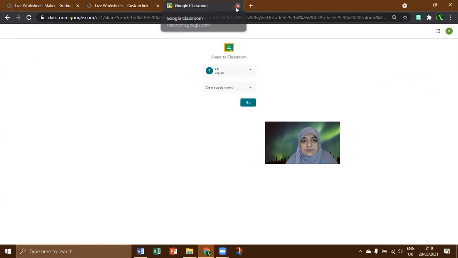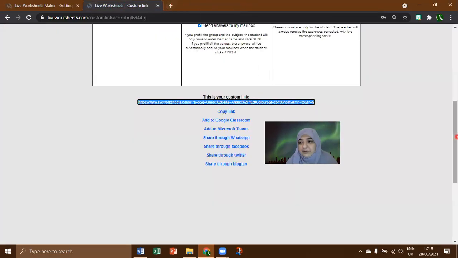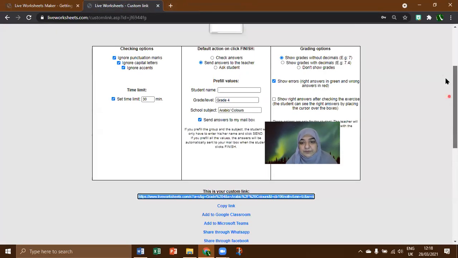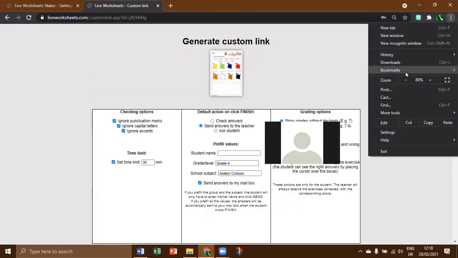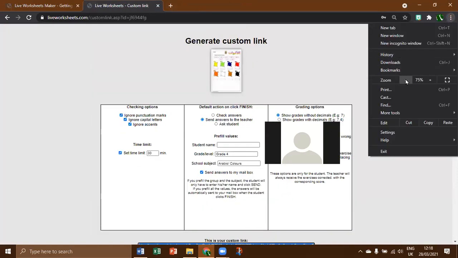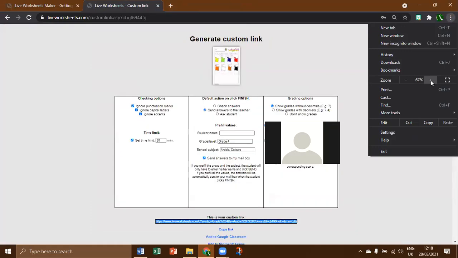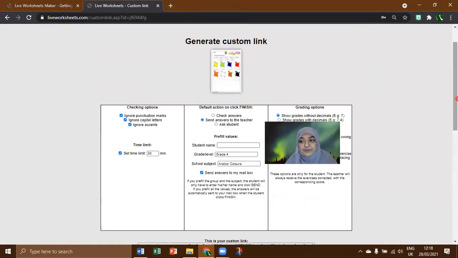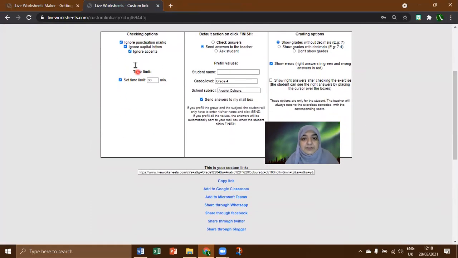Okay, I'm going to. If the student is writing on the sheet again, I have a question. Yes ma'am. Over here, the middle over there, the option is there. Check answers. The students will be able to check the answers by themselves. They won't be sending it to the teacher, but we need to know what their response is. That's why they are going to click send answers to the teacher.